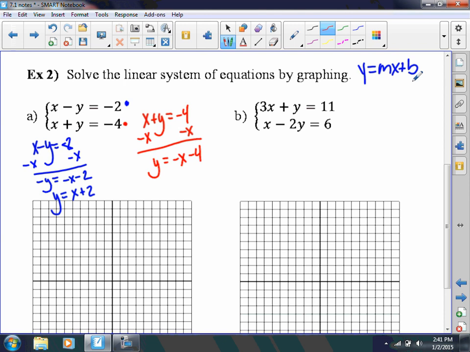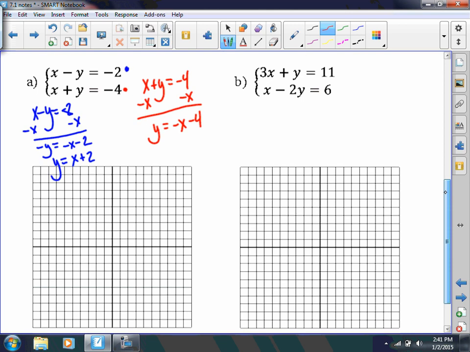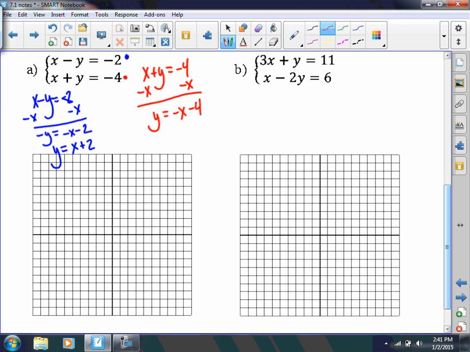So I can look at each of these equations and say, okay, my slope is whatever, and my intercept is whatever, and I can graph that. So for my blue equation, this first equation, there's a little 1 in front of the x. So my slope is going to be 1. My intercept,